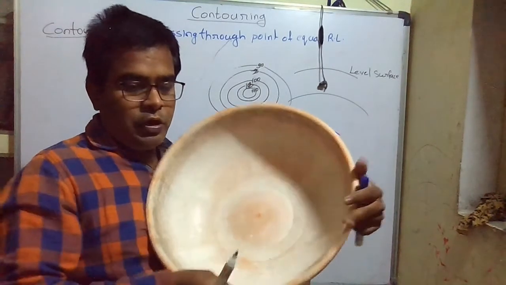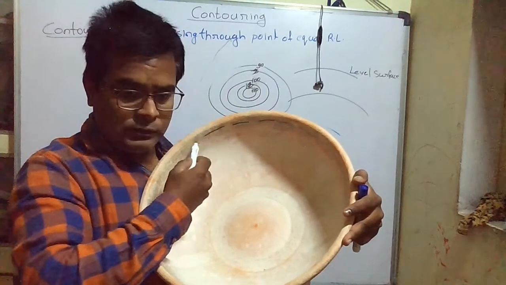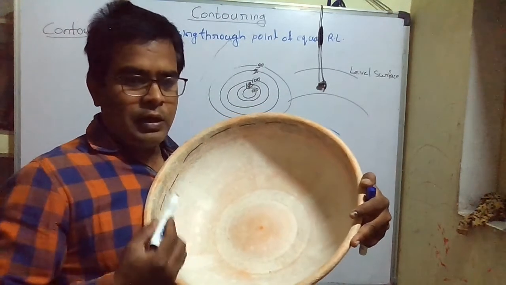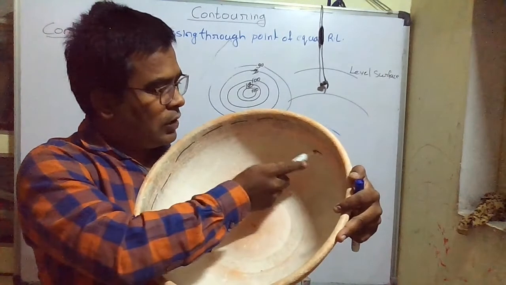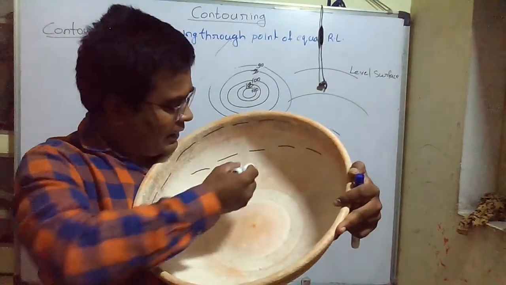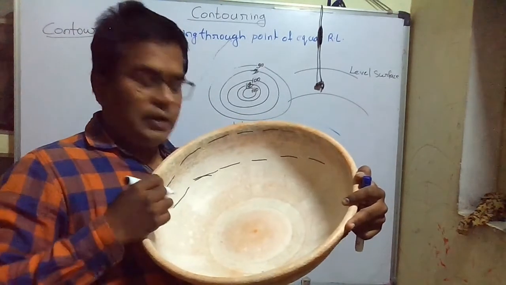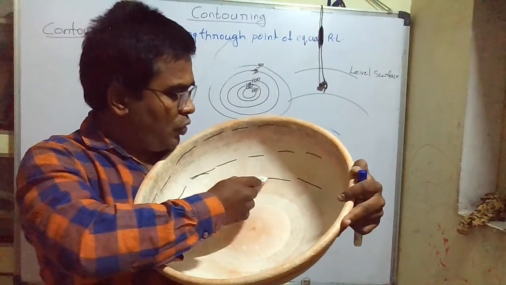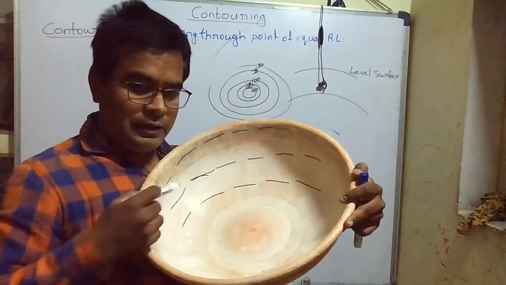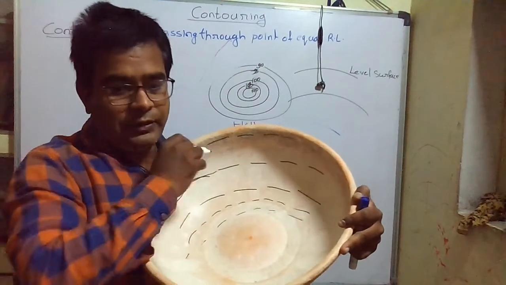Okay, so if I take the RL at this point at the top, I will get more RL. If I again take one line here, I can take one complete line like that, I get another line. If I take one more RL, I will get another line. I am getting this line. Okay, again the circular line.